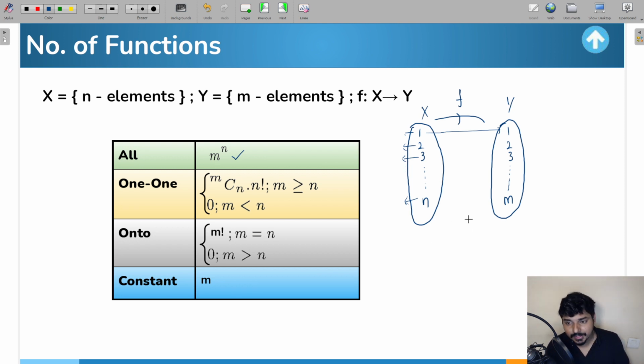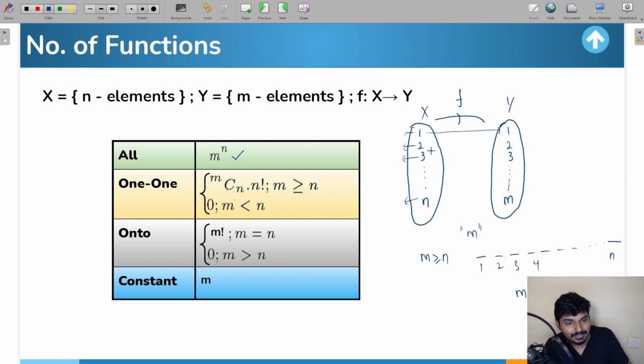Let us say that m is greater than or equal to n. So what does that mean? Let us say you have n number of places, 1, 2, 3, 4, 5, 6, 7, and so on, and you have m objects to fill in. In how many ways can you arrange the m objects in n places? Can we say it is going to be mPn ways, guys? So mPn gives you the total number of ways in which you can arrange m objects in n places. Similarly, the same concept is applied here.